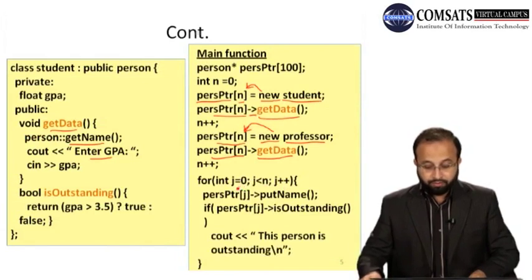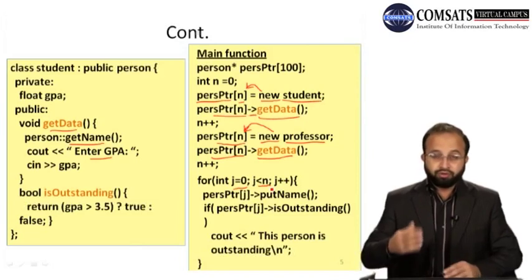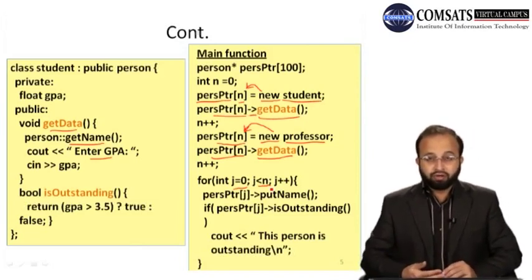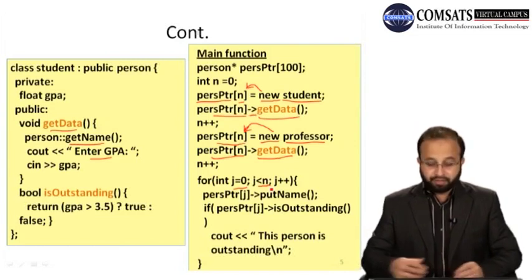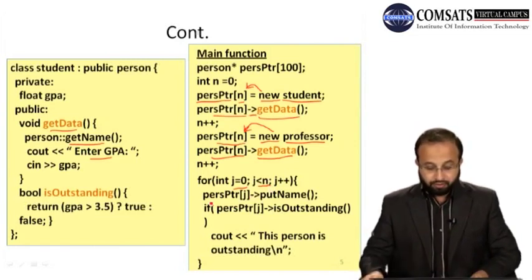Okay, then we have a for loop. It starts with 0 and goes up to n. So हमने दो रिकॉर्ड एंटर कर लिए थे, दो पॉइंटर के जैसे कि दो ऑब्जेक्ट बना लिए थे, एक स्टूडेंट का एक प्रोफेसर का. स्टूडेंट के ऑब्जेक्ट को 0th इंडेक्स पे उसका एड्रेस रख दिया था इस अरे के, और प्रोफेसर ऑब्जेक्ट का 1th इंडेक्स पे एड्रेस रख दिया था पर्सन टाइप अरे ऑफ पॉइंटर के. ठीक है. Now we call a function